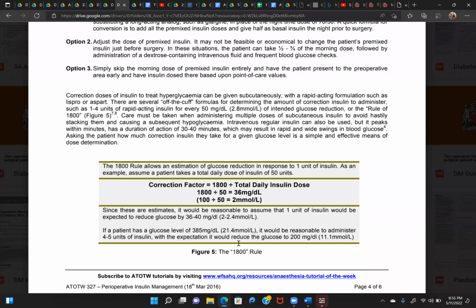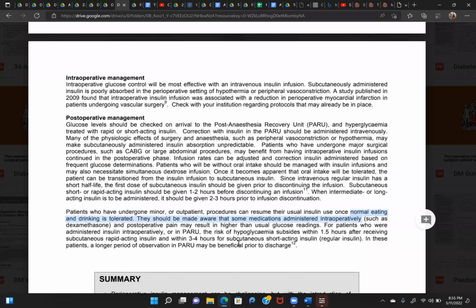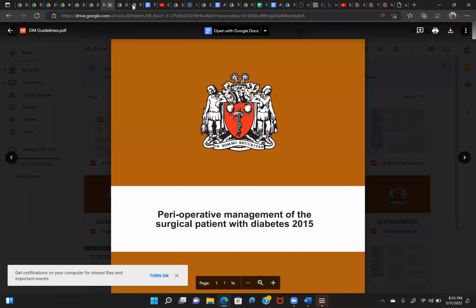Similarly, another important basic thing is that the insulin requirement will gradually decrease, but you don't have to discontinue it urgently. You will start oral hypoglycemic and then you will stop the insulin, because oral hypoglycemics will also take some time for their effect. Okay, so the remaining part is the diabetic